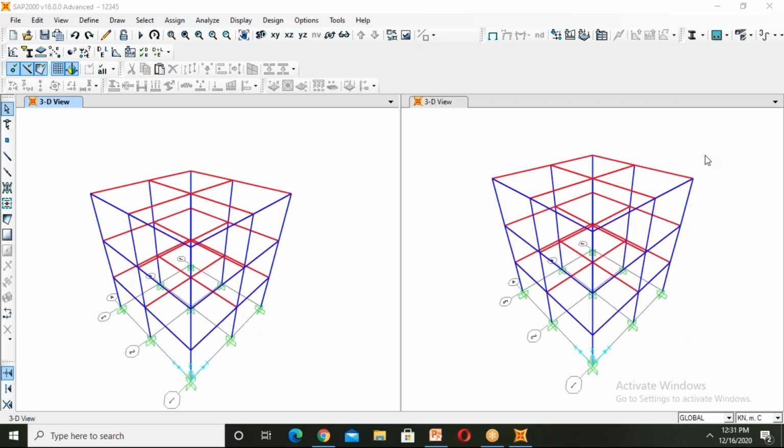Even for them you can make use of this in terms of dynamic analysis, isn't it, ma'am? Yes, sir. Guys, in that way you can think. And not only RCC structures, you can go through steel structures also. Steel structures also you can do with SAP 2000, steel alone. Yes, sir.